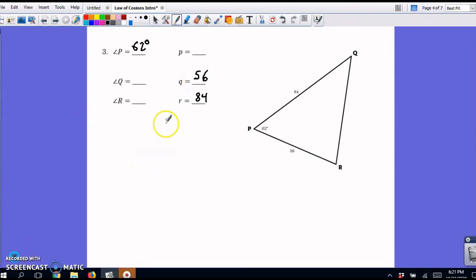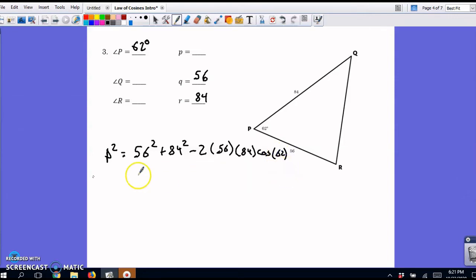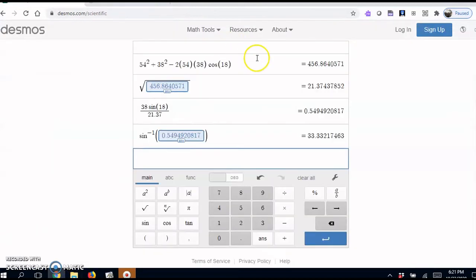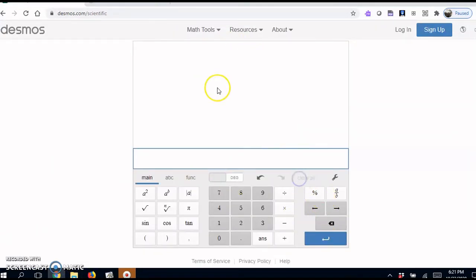All right, so hopefully you started with side P and said that P squared would equal 56 squared plus 84 squared minus 2, 56, 84, cosine of 62 is the angle. Put that in your calculator, take the square root of that answer. Let's see. So in the calculator, it was 56 squared plus